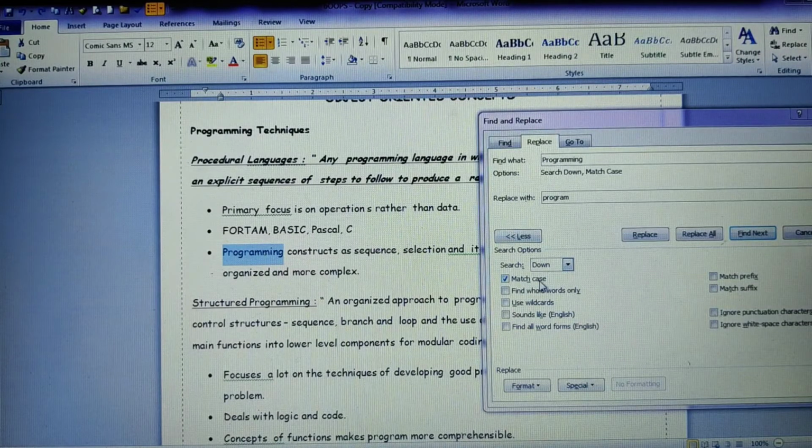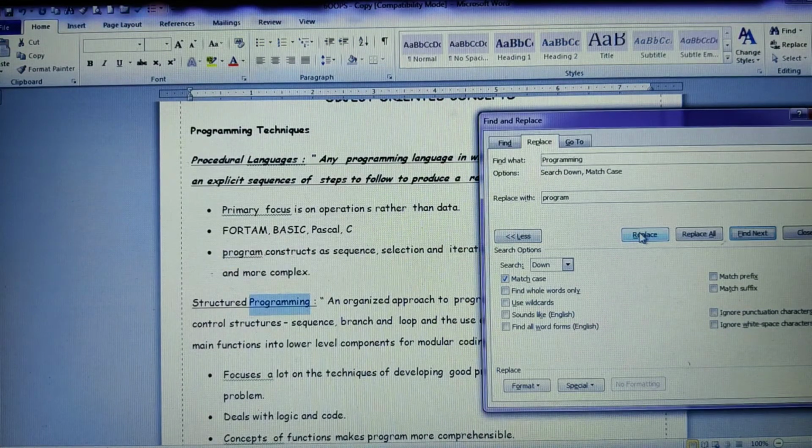Now I will use match case, meaning exactly as it is. Even a single letter, if it is changed, it will not replace. Programming, even with lowercase or uppercase, will match exactly, and only such words will be replaced. So now wherever Programming is there with a capital P, the same thing will be replaced with program. So when I say replace, see, this Programming is replaced.